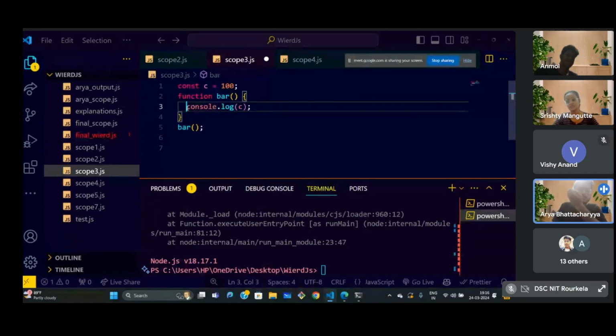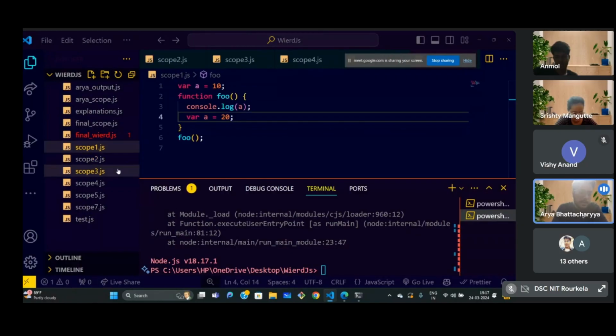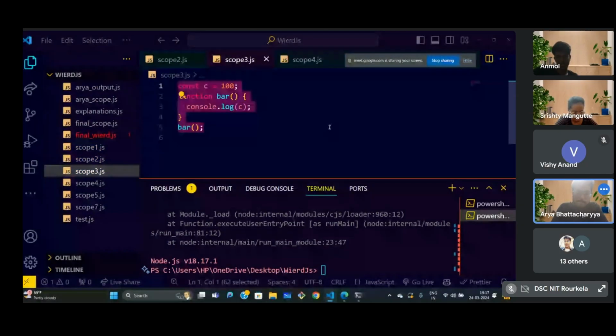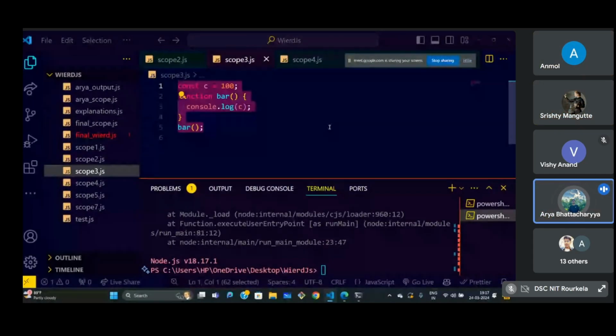I want everyone to answer this question, because there is nothing to explain; it is very intuitive. Here there is no 10 or 20, there is only 100. So either the answer would be 100 or undefined. What will happen? Will it be 100, undefined, NaN, or will some error come, a reference error or a syntax error? Any answers, Srishty? Did anyone give an answer?